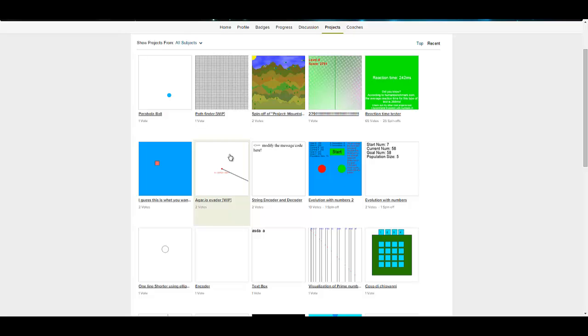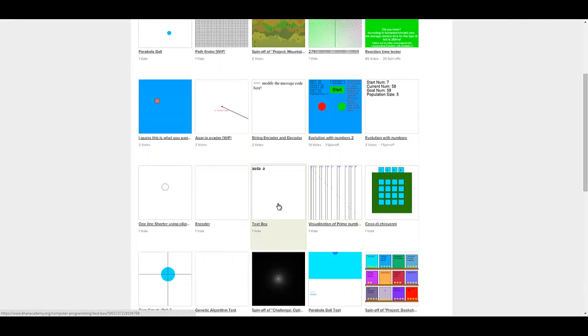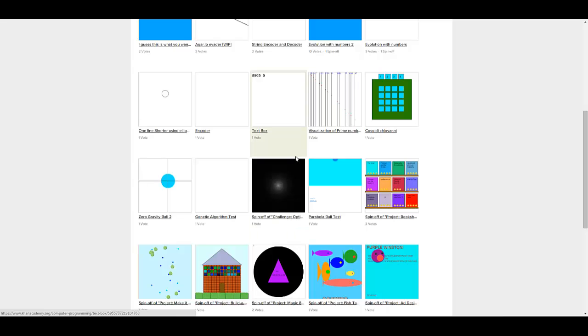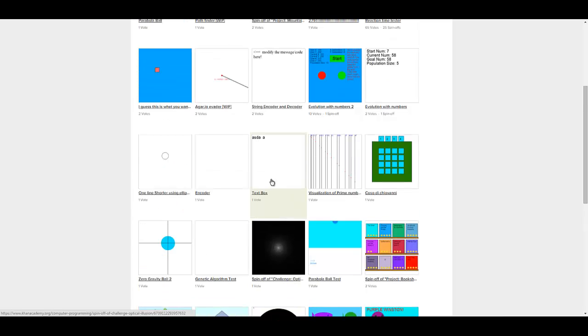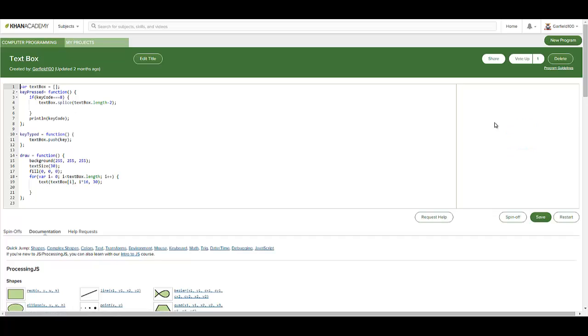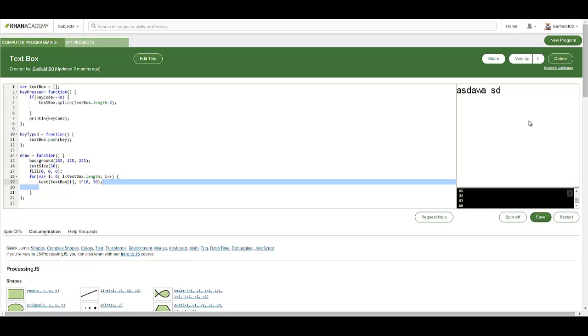Then it continues to get more complicated. These aren't even projects anymore, these are just things I have made just for the hell of it, because I actually enjoy this. I've made a text box. Thing is, it's not quite working very well yet. You can type stuff, but you can also remove stuff, but every time you remove something, it makes a space for some reason. I haven't figured it out yet, so it's kind of sticking together. Never mind. It's not a very nice text box.